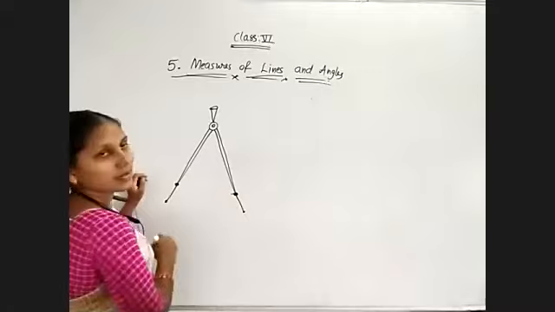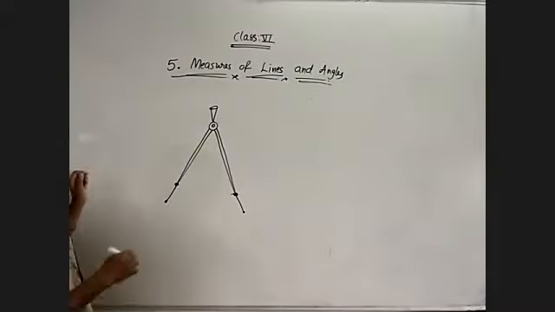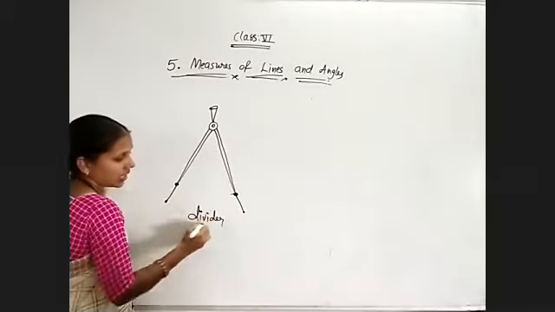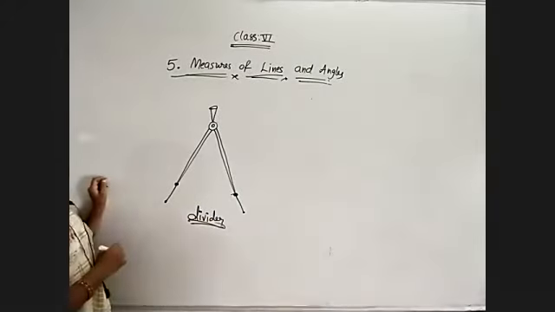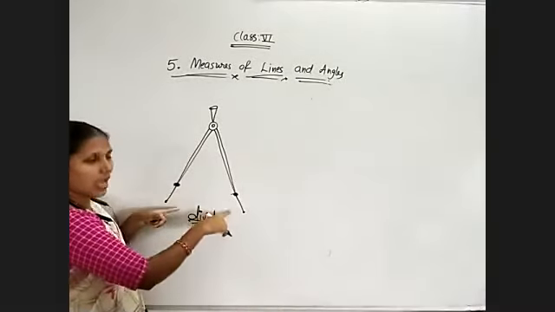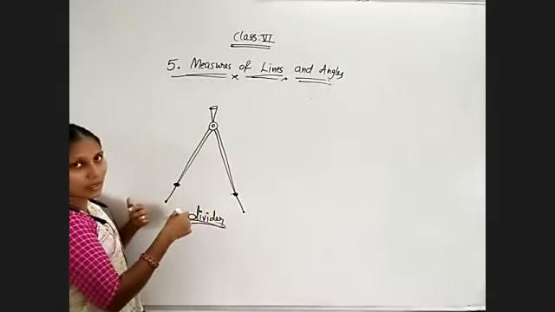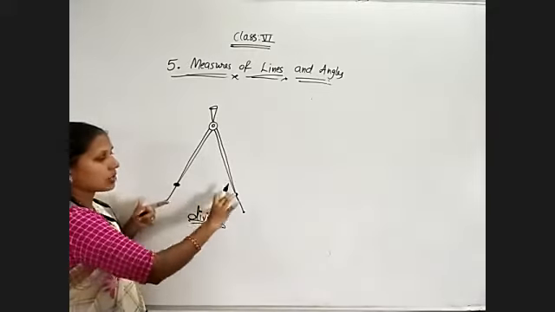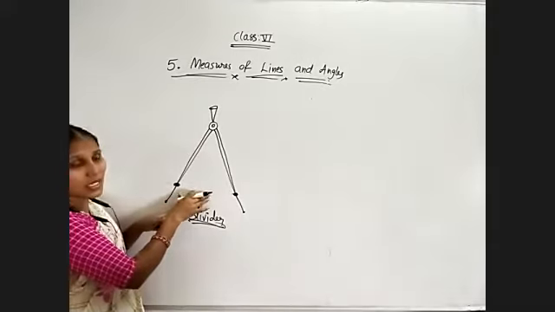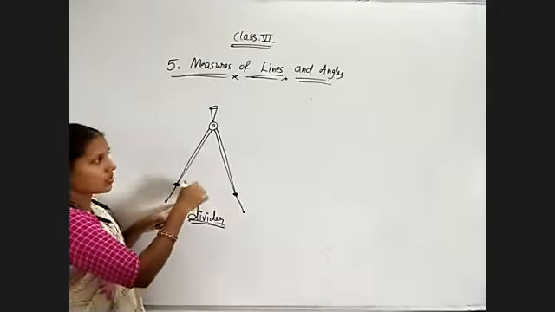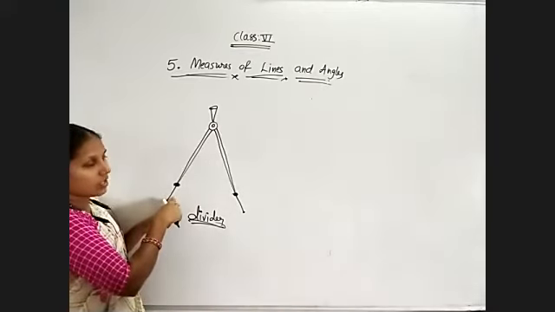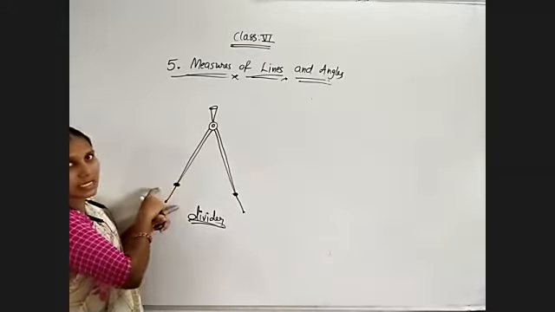Okay, observe. This type of instrument is known as a divider. Why are we using this divider? See, on both sides you will get arms, and only they will give the points. Here we can't set any other extra object. To draw the shape, it is impossible to use it, because we can't set the pencil at all.